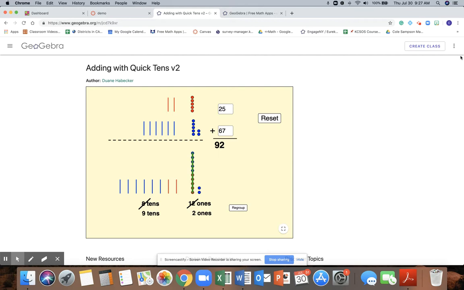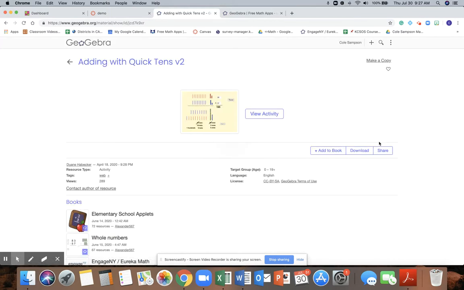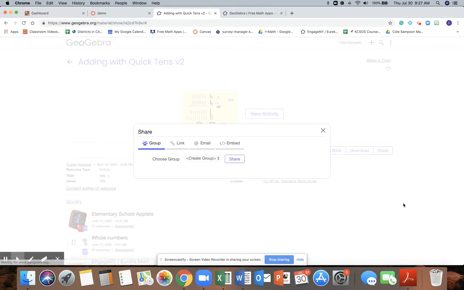So what I'm going to do is I'm going to go over here to the three dots. Okay, you'll notice this is pretty similar to what you see in Canvas, that skinny snowman. You're going to click on Details. Okay, and now you're going to land on this Details page. Then you're going to click Share. Okay, so make sure you click Details and then click the Share here,